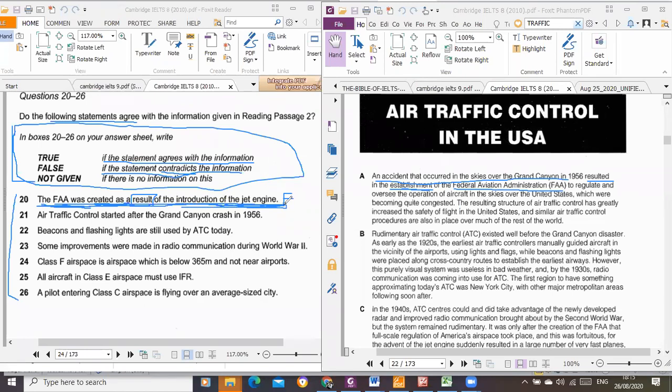Now, unfortunately, some people might still get to this point. You have found the information. So what could make you choose not given? Everybody can now say it is not true, okay? But what could make someone say it is not given? I think there is no reason. Probably someone is looking for the direct opposite, that the FAA was not created as a result of the introduction of the jet engine. No, this is reading. This is what they want to test, your comprehension of the passage, that what led to the introduction of the FAA was an accident that occurred. It is not due to the